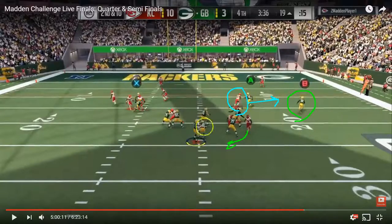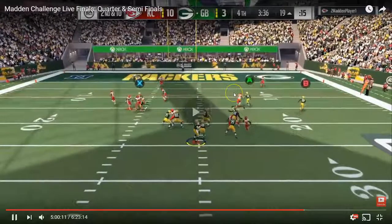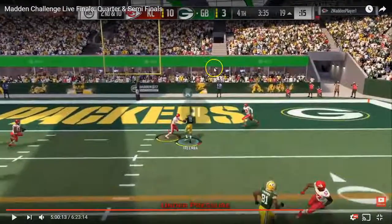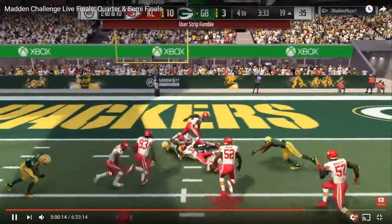Millz knew, even though it looks like Mac is covering the seam route right here, that he was going to cover the seam and just run to the B receiver. And so Millz knew this, was a little patient, and threw this A route right there. And he also had the underneath crossing route right there, as you can see. But beautiful read, and